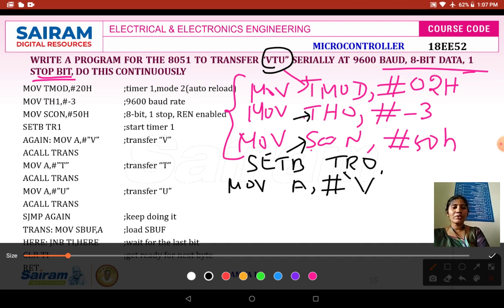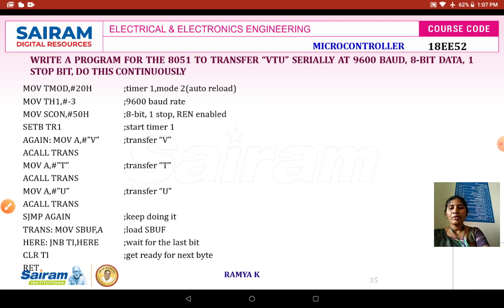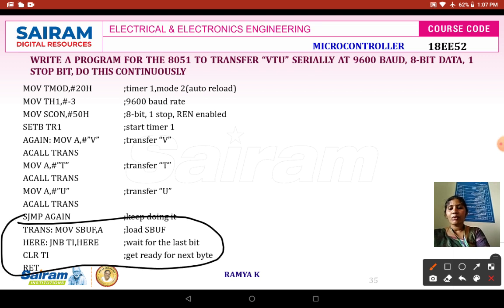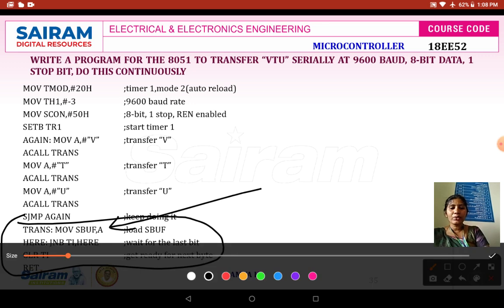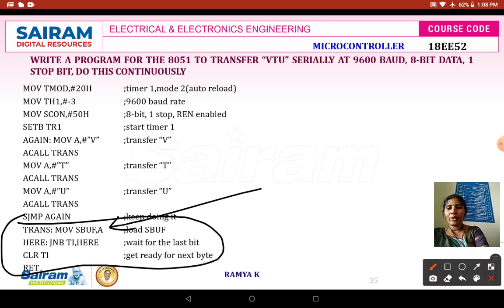In the subroutine, these lines are mandatory, that is MOV SBUF, A. When the line MOV A, #'V' is executed, the content of the accumulator is loaded with the ASCII data V.